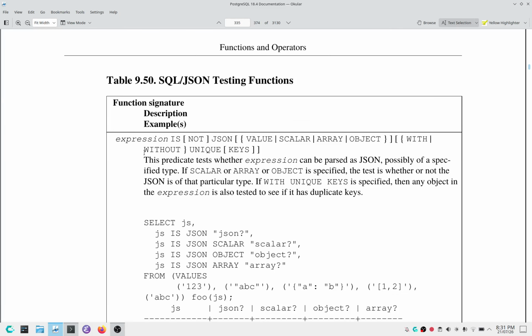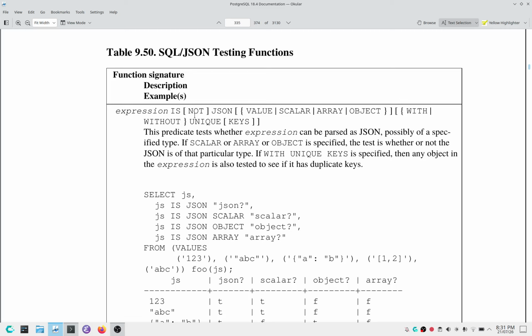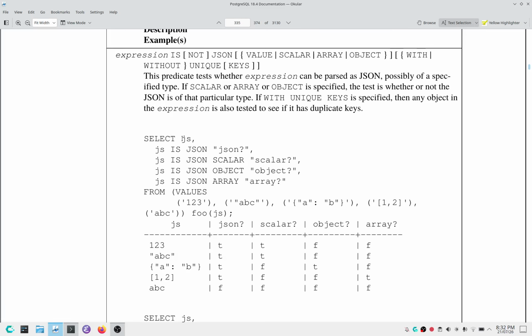Then we have expression IS [NOT] JSON [VALUE | SCALAR | ARRAY | OBJECT] [WITH | WITHOUT UNIQUE KEYS]. This predicate tests whether the expression can be parsed as JSON, possibly of a specified type. If SCALAR or ARRAY or OBJECT is specified, the test is whether or not the JSON is of that particular type. If WITH UNIQUE KEYS is specified, then any object in the expression is also tested to see if it has duplicate keys. So we select js, js is json, js is json scalar,